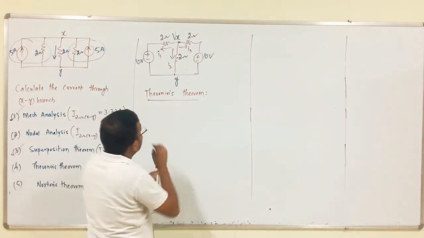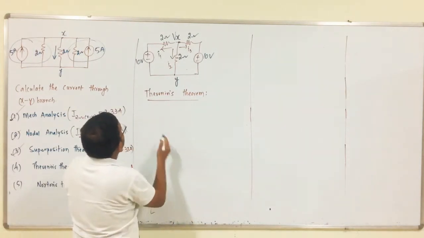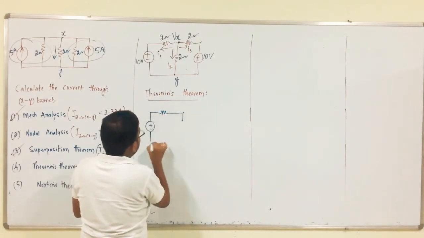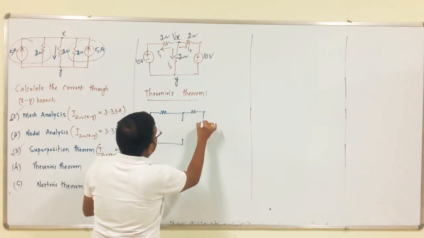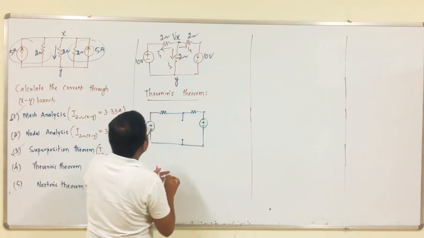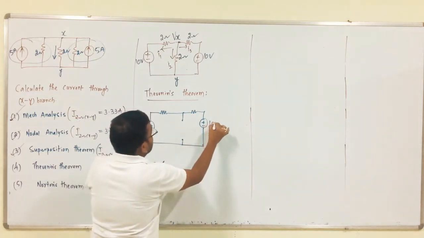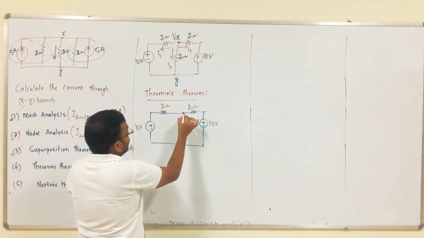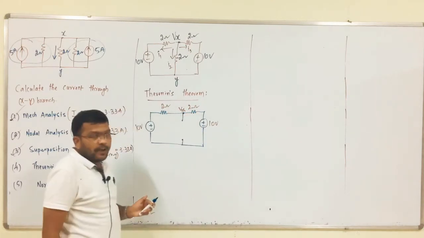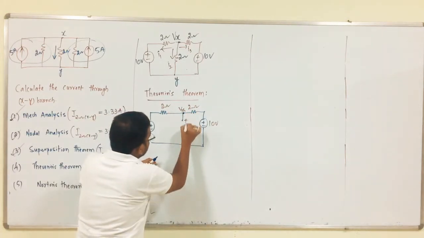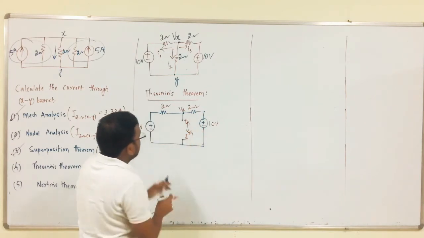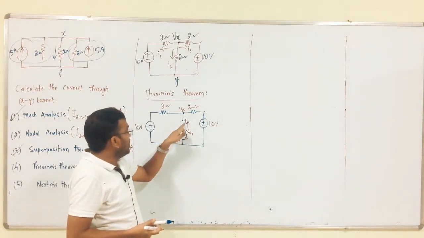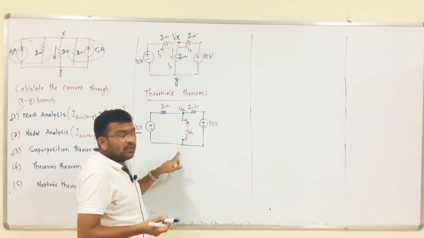Okay. In step 1, we have to remove the load. Therefore, the circuit is a 2 ohm branch. We are removing this load, plus minus, this is 10 volts, and another 2 ohm branch. Now, this is the voltage we have to calculate, that is VTH, plus minus between this. This node is nothing but the reference node, that voltage is 0. Simply VTH is nothing but V minus 0, which equals VTH.